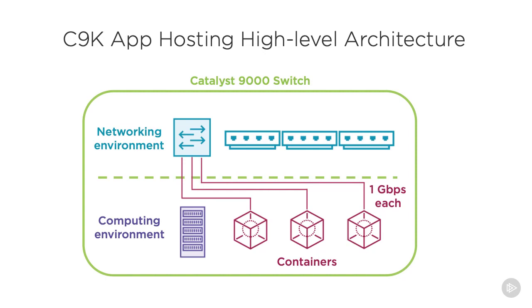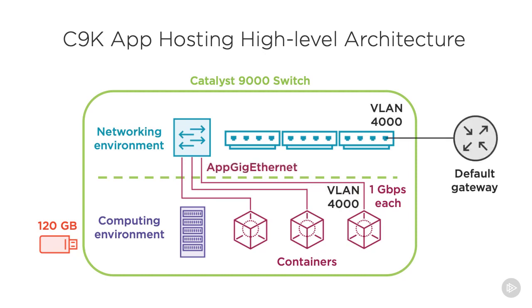Interconnecting these two environments are individual 1 gigabit Ethernet connections per container, providing high-speed performance to each component. At the time of this recording, a detachable and password-protected USB adds an additional 120 gigabytes of storage space for applications and their data. Network devices traditionally don't have much disk space, but when they double as computing platforms, additional space becomes a necessity. I imagine this number will increase in future hardware generations.